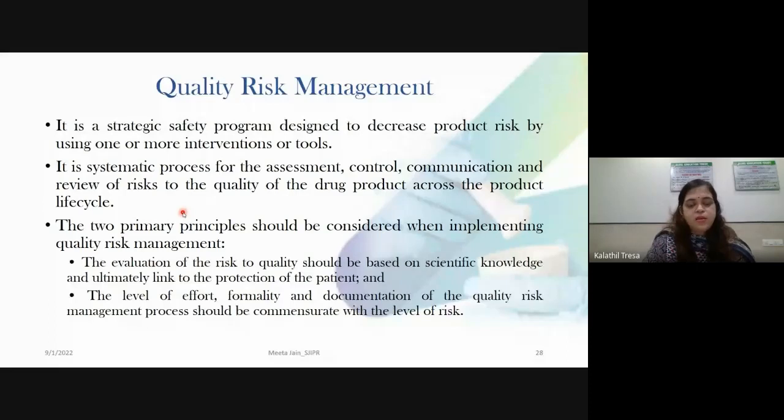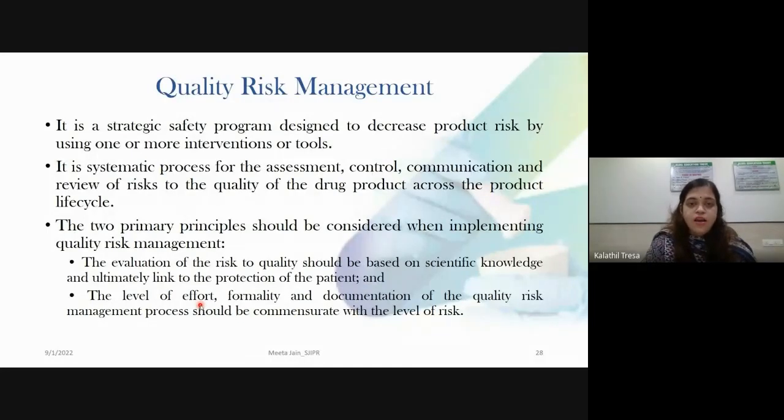So two basic primary principles are there. The evaluation of the risk to quality should be based on scientific knowledge and ultimately linked to the protection of the patient, and the level of effort, formality, and documentation of the quality risk management process should be commensurate with the level of risk.